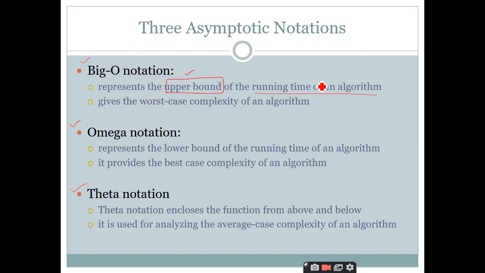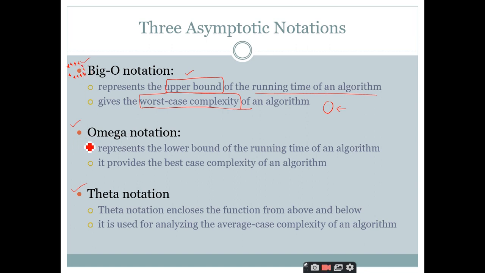So if somebody asks you what is big O notation, it is nothing but it represents the upper bound. That's it. Nothing more to answer. It represents the upper bound. Then what does it represent? The upper bound represents the worst case complexity. You might have observed that anywhere when we want to express the complexity of an algorithm, you always try to express it in terms of big O only. So that is the importance of the worst case analysis. So big O always represents the worst case. So it is the upper bound. Big O notation is very important, where we denote the complexity or the performance of the algorithms using big O notations mostly, right?